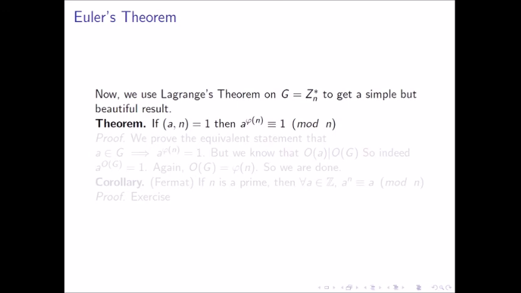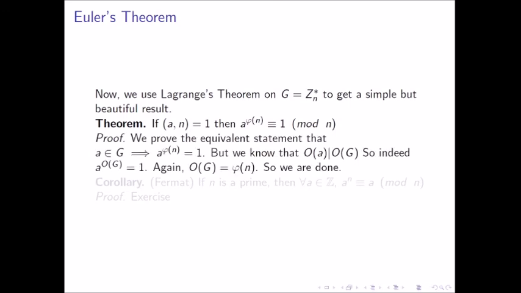So how should we prove it? We prove an equivalent statement, which I said right now, that a to the power phi(n) is equal to 1. But phi(n) is basically the order of Zn star. So the order of a divides the order of the group, so the order of a divides phi(n). That means a to the power phi(n) is equal to 1, and we are done. Look how simple this proof has become using group theory. There is a pure number theoretic proof of this fact as well, but it's a bit long. But with a bit of knowledge of group theory, this becomes very simple and quite trivial.